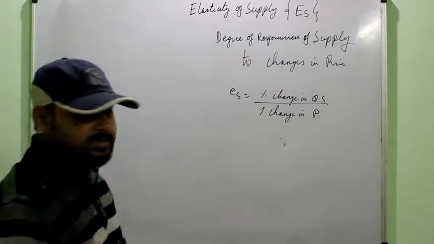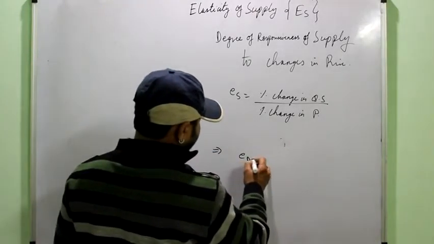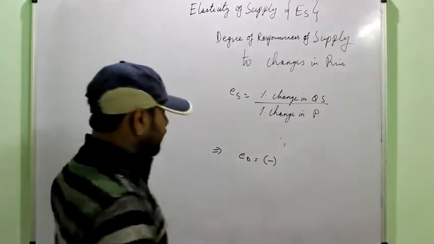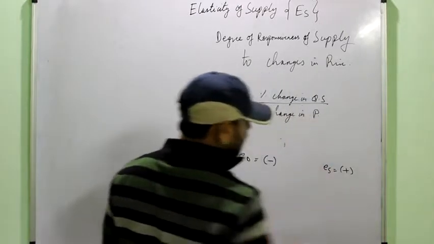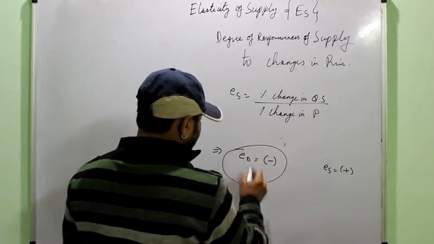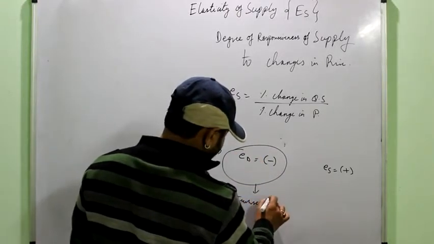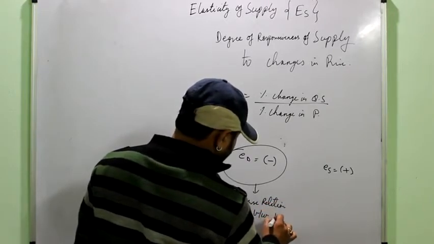There is only one difference, that when you are doing the elasticity of demand, there is always a negative sign associated with it. While for elasticity of supply, you always have a positive sign. This negative sign is simply due to the inverse relation between demand and